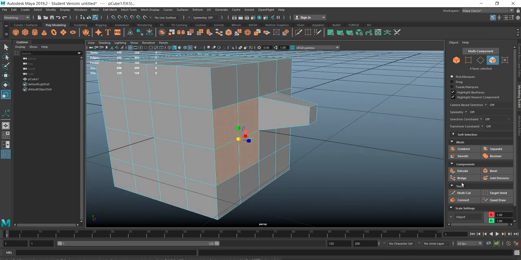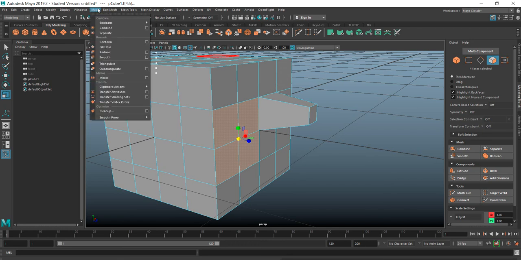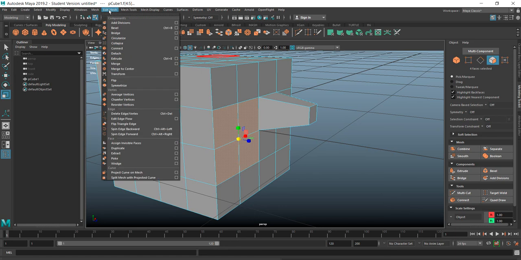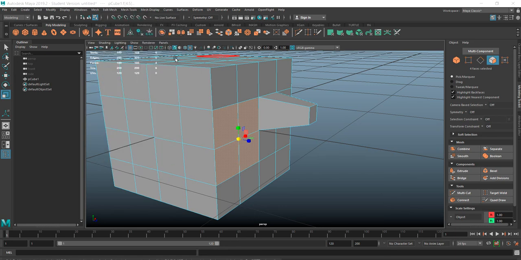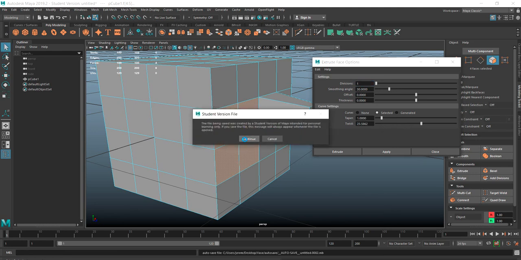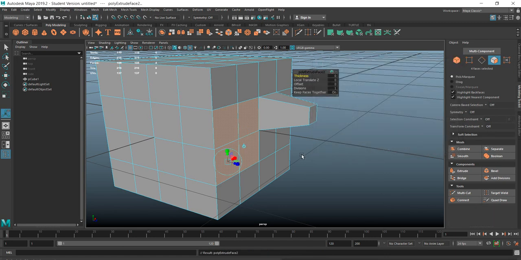you want to do all these faces together, and you can go up here to your mesh tools, edit mesh, extrude. The same box comes up. Divisions 1, 2, 3. Do you want to taper it off? Do you want it to twist a little bit? What happens if you twist it some? I've never really, I don't know. Works the same way. Keep faces on or off. Now you've got something that's going to look really weird whenever you